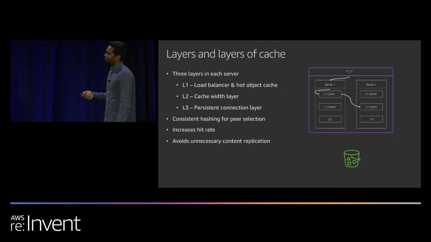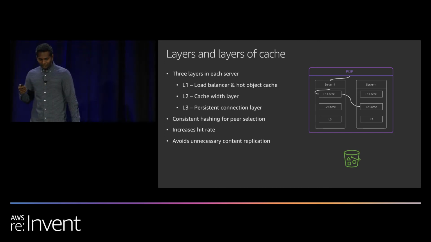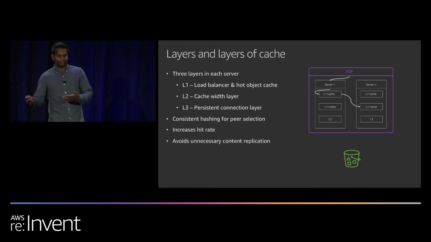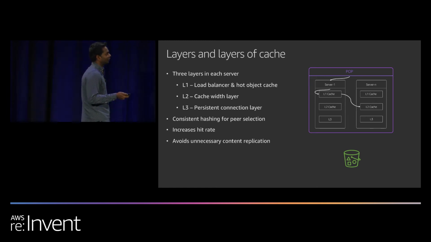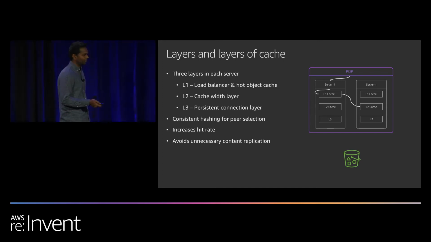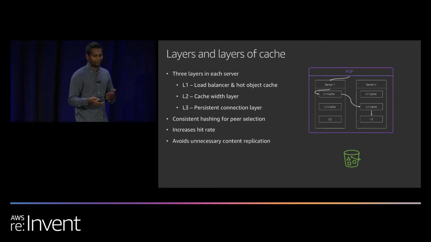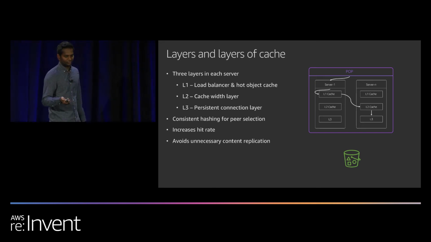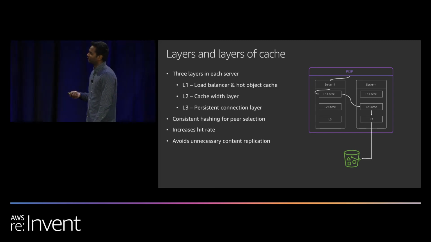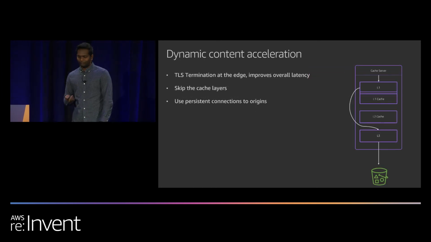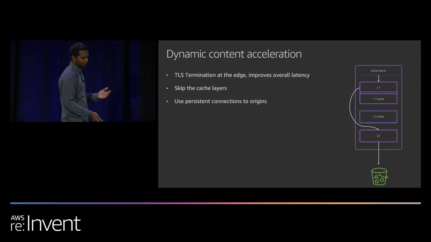So for the sake of simplicity, let's assume that the content is not there in our L2 server, and it has to forward it to L3. But we know that the L3 does not have cache space. We have to optimize for connection pooling. So we do the same consistent hash peer selection, but in this case, we don't use the URL as the key. We use the origin domain as the key. So we send all the requests for a given domain to a single L3, and that way we get a good hit rate on the connection pools. And the L3 goes and fetches the content from the origin, and then we save it in our cache servers. So that's how our cache request workflow works.